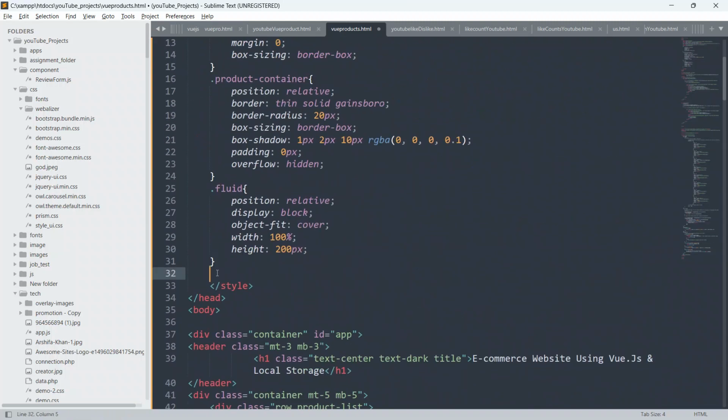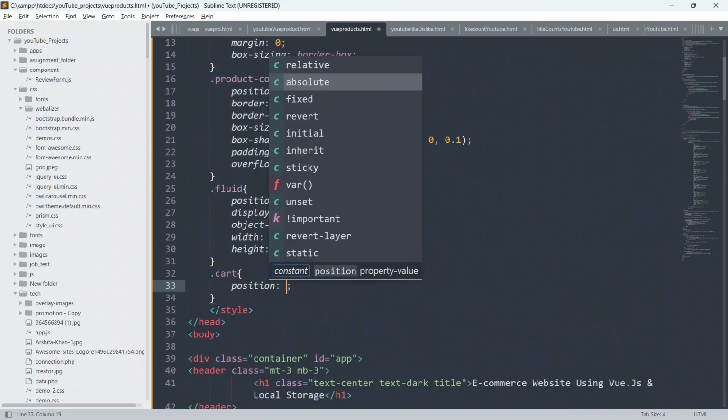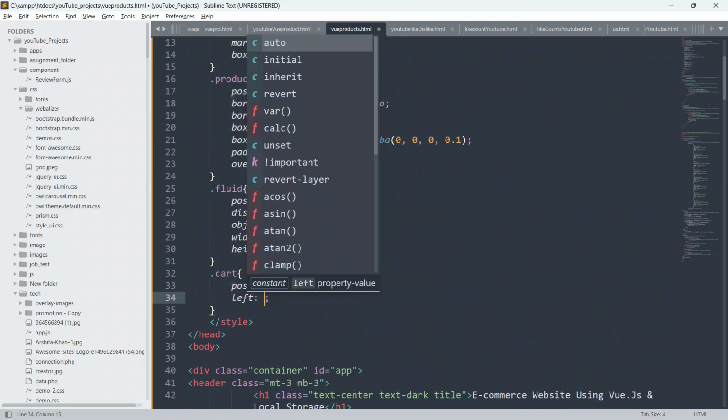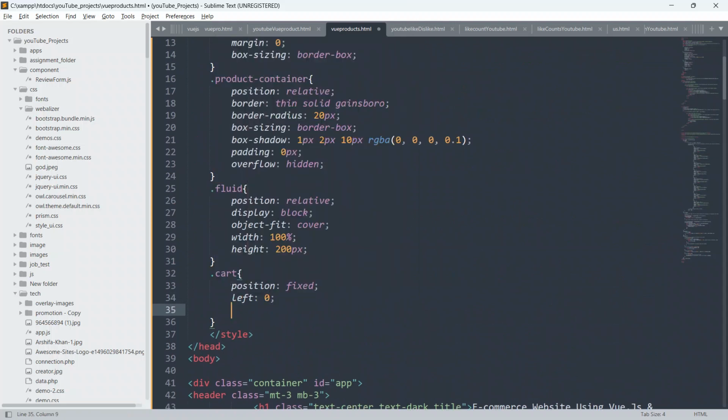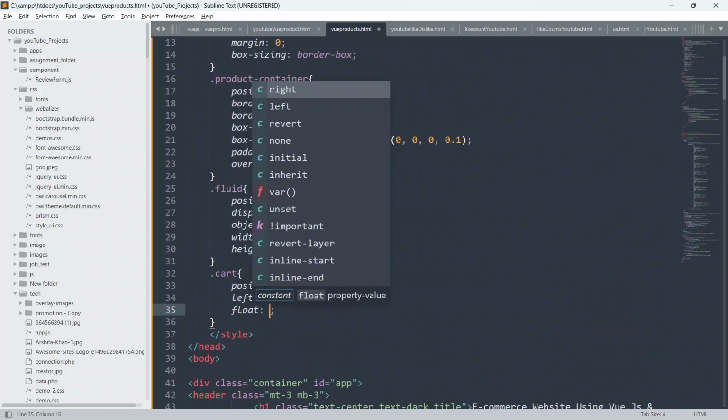So yeah, put point and paste it, and I want to give the position as fixed, give left as 0, and give float as left.